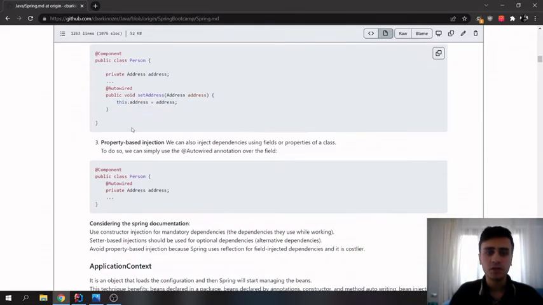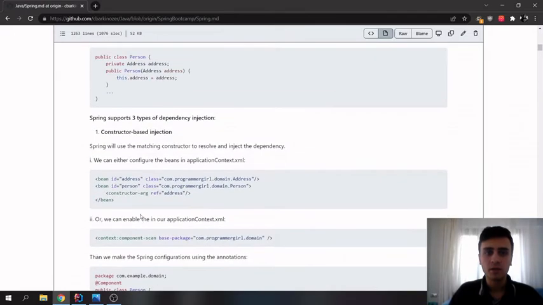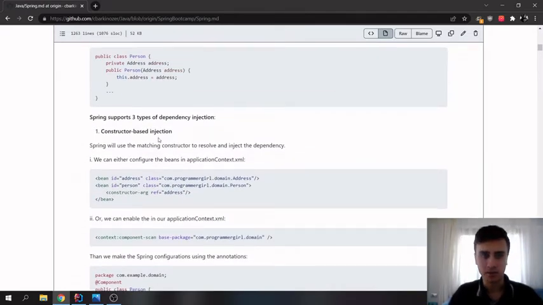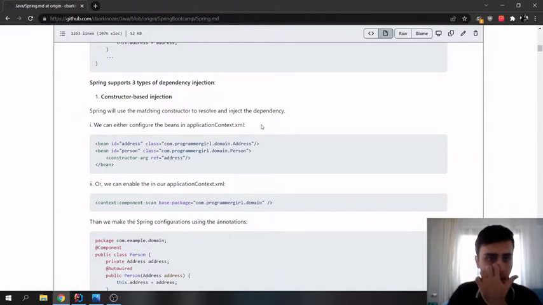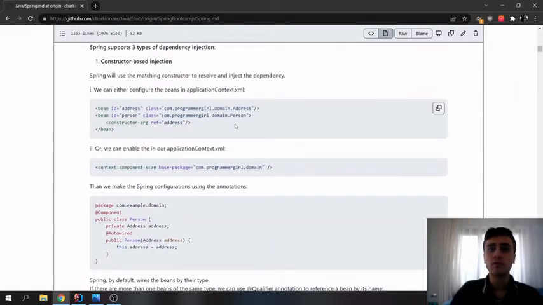There are three types of dependency injection: constructor-based injection, setter injection, and property-based injection. The most common one is constructor-based injection. There are two ways of doing constructor-based injection. One, we can configure the beans in XML,